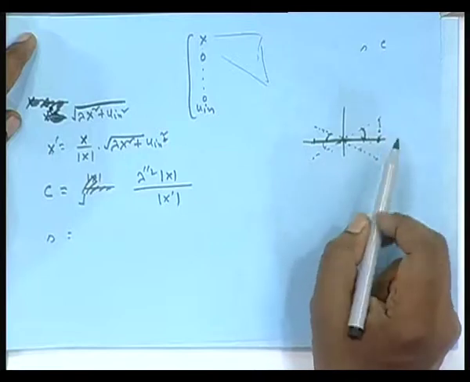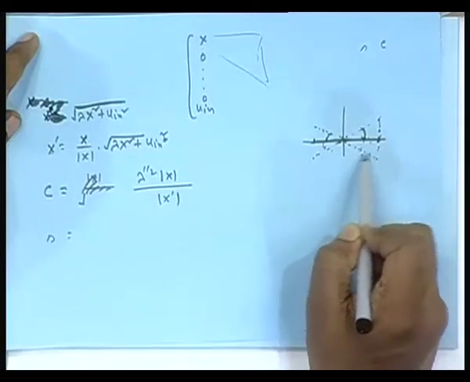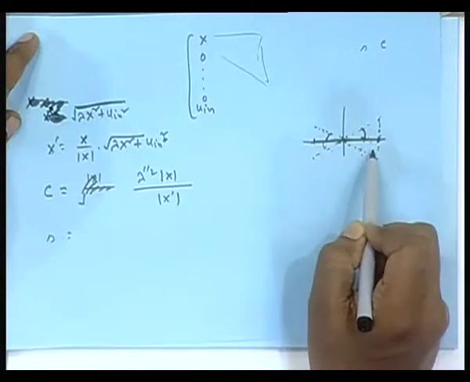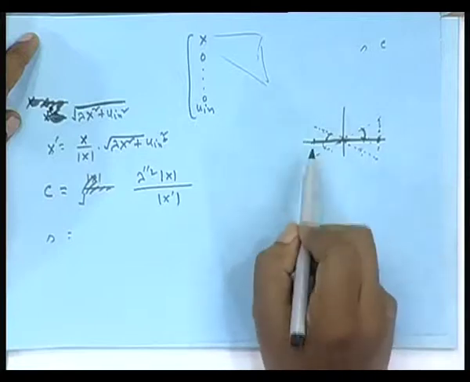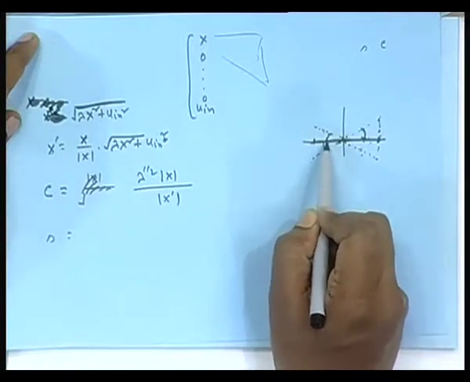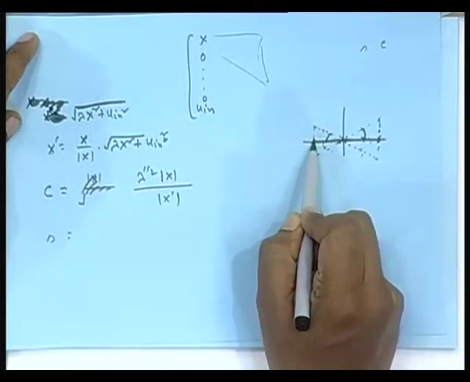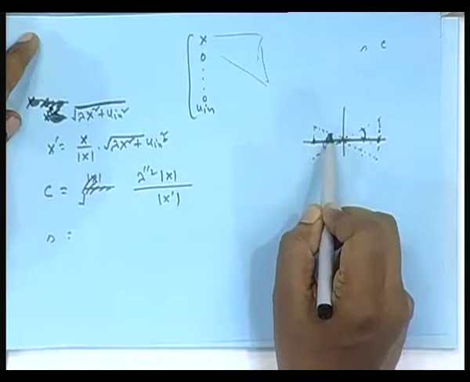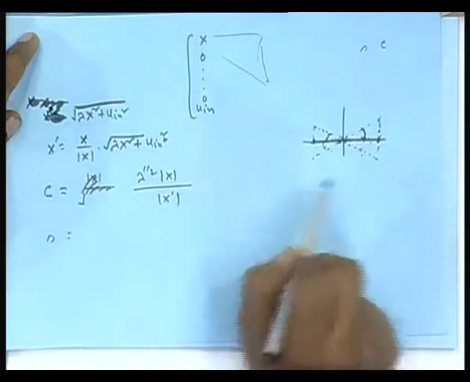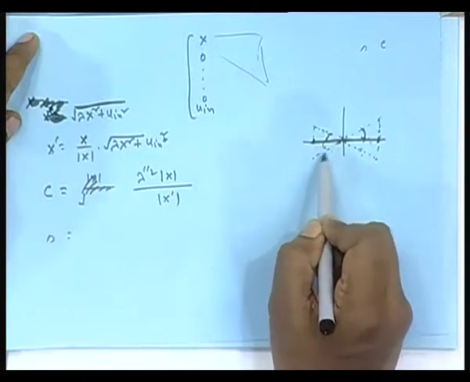So, that time you take the ratio of these two, minus will come. When here you have this negative, this positive, that time in the clockwise direction plus S will come, but when this is negative and this is negative,